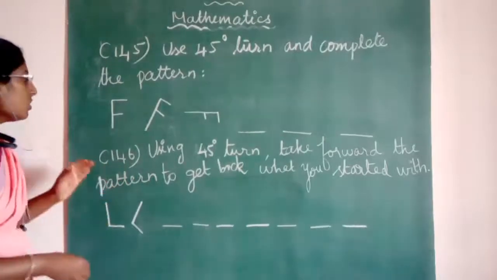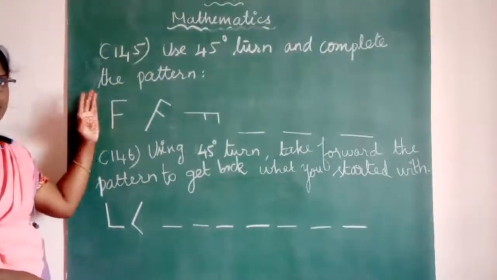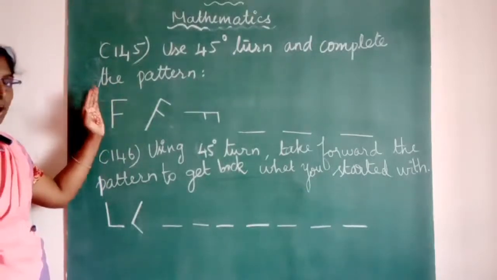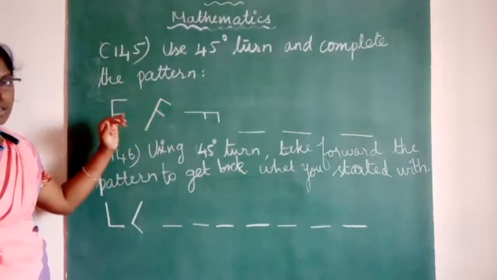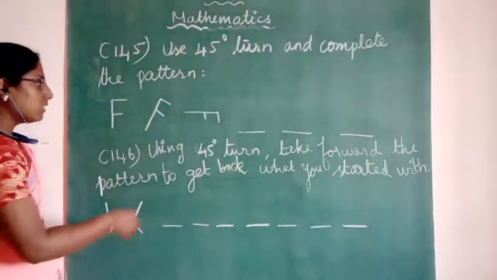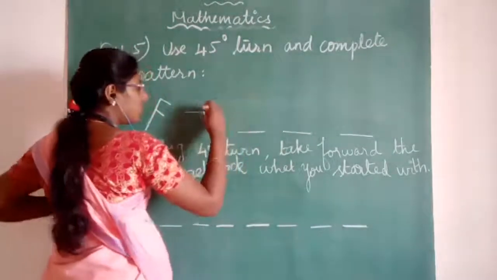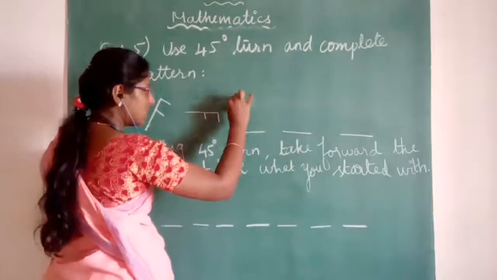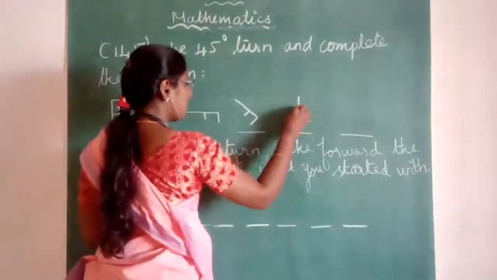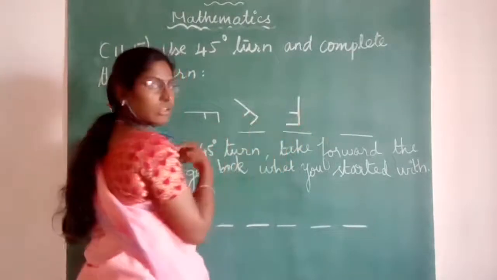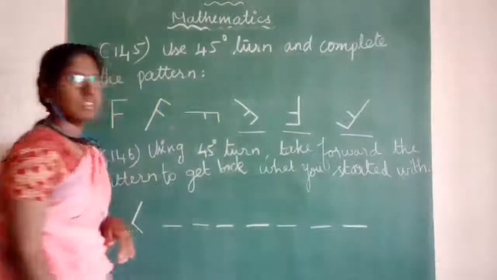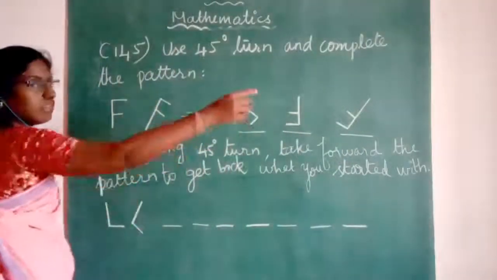Okay, so here the F is like this, straight. Okay, and it is turning a little like this, a slight, small acute angle like 45 degree. Okay, then from here it is again changing like this, and that is 45 degree again. Okay, next from here it will be tilted like this. Okay, is it clear? Then it will change like this. Okay, then across like this. Understood? So this is how this pattern will be continued.